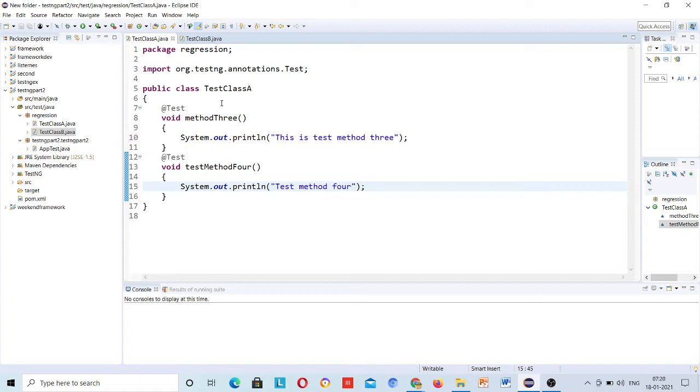Suppose I am running these test cases and somehow any of these four gets a failure, or any two get failed. Then how will you identify that this test case failed?